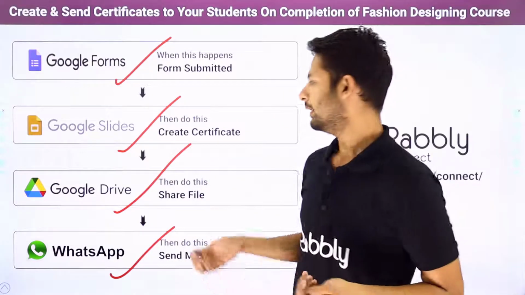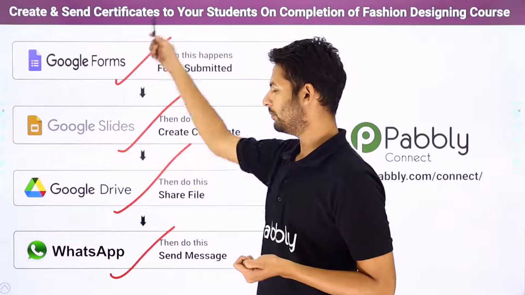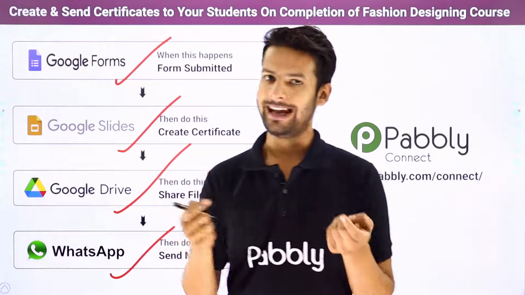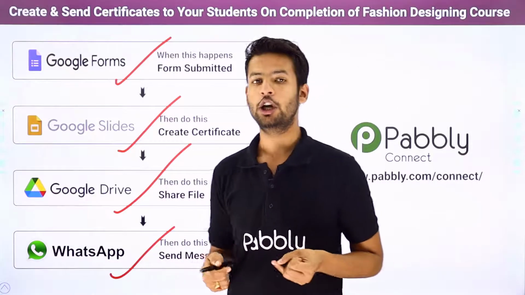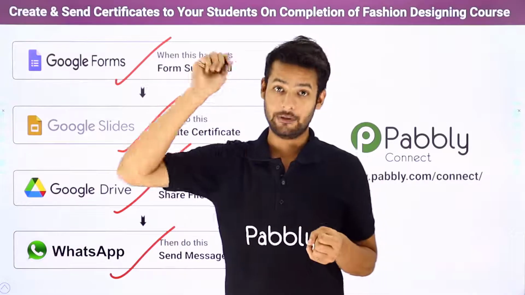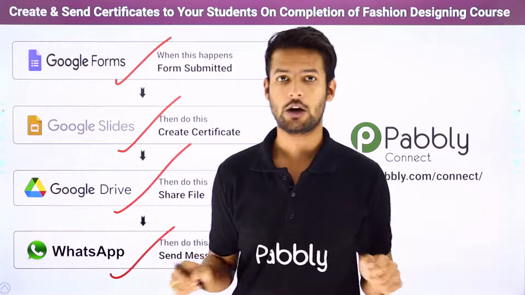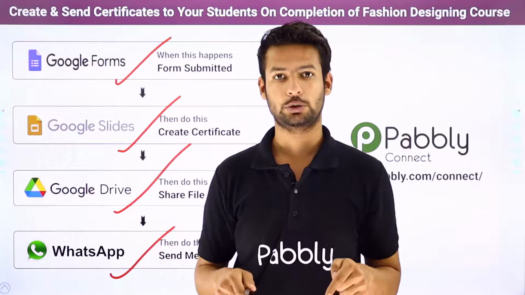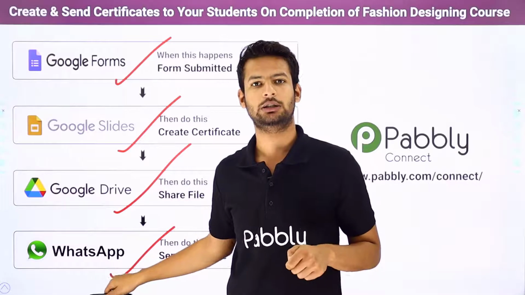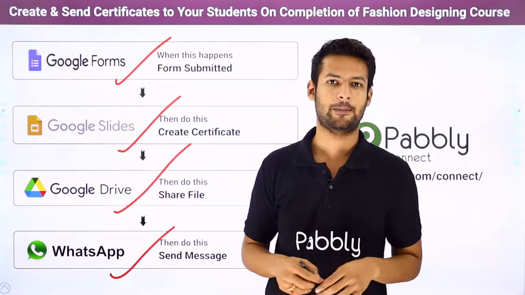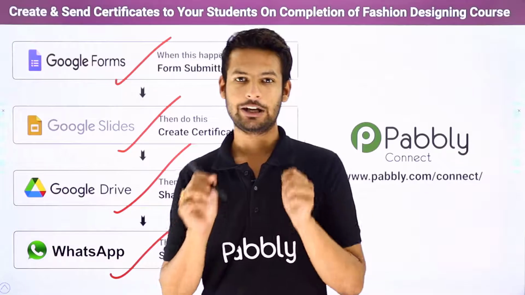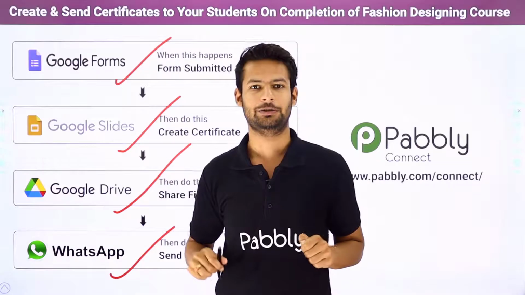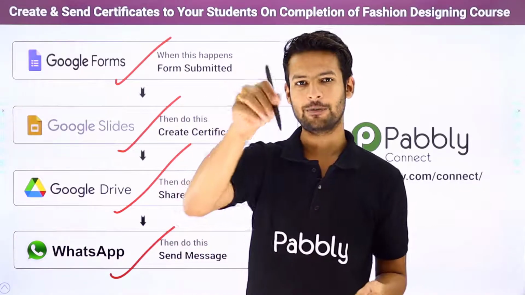But the problem here is there is no direct link or integration between these applications. So we have to perform an automation. Why? Because if you do this task manually, you have to first collect the data of your student every time they complete the course. Then you have to sort it out according to the course they have completed. Then you have to create a certificate for the individual student, and finally you will send them the certificate or the link of the certificate on WhatsApp. So it is a long process. It will take your time unnecessarily, and you have to keep repeating it as long as you are running the institute. So what I suggest here is to bring some automation.